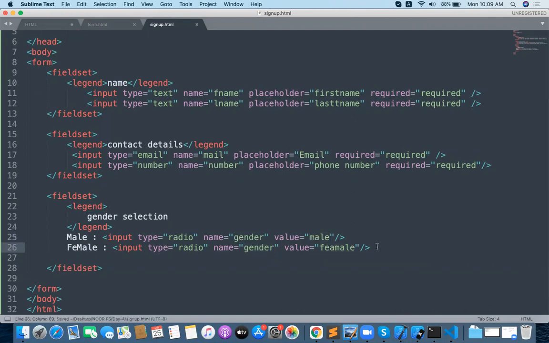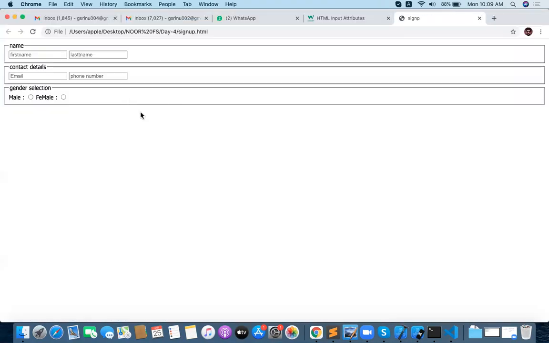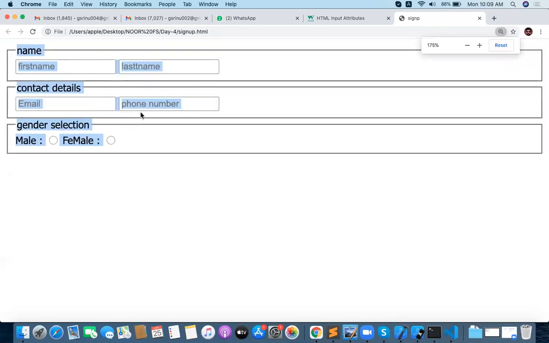Let me check how things are happening with the name, contact details, and the gender selection here. I want to select either male or female; any one of them will work, and only one value will be taken. It is not going to take multiple values whenever you have a radio option.